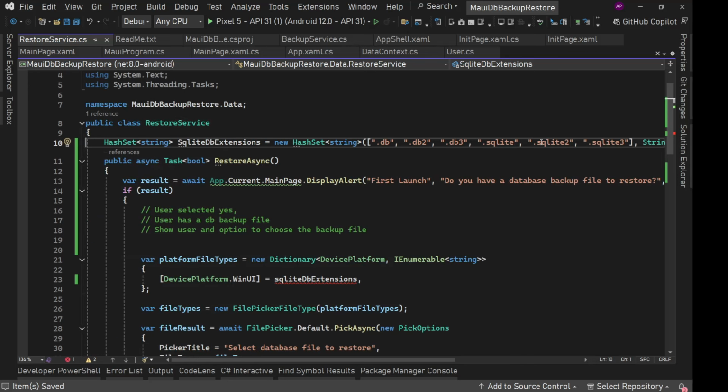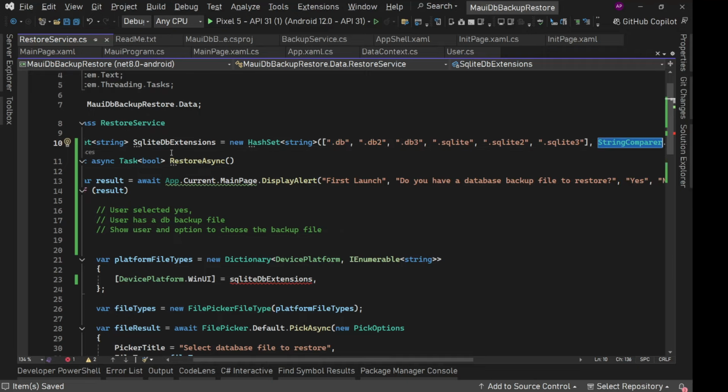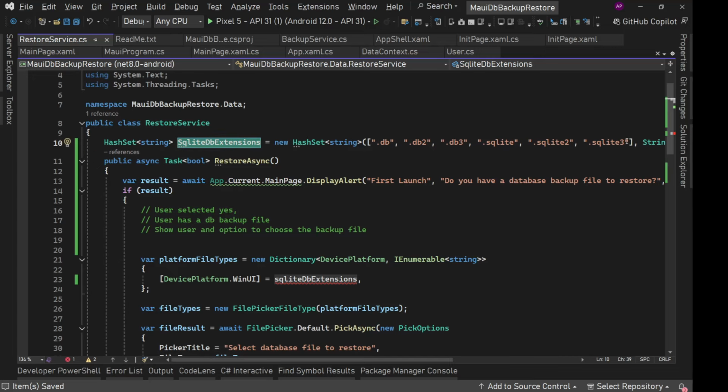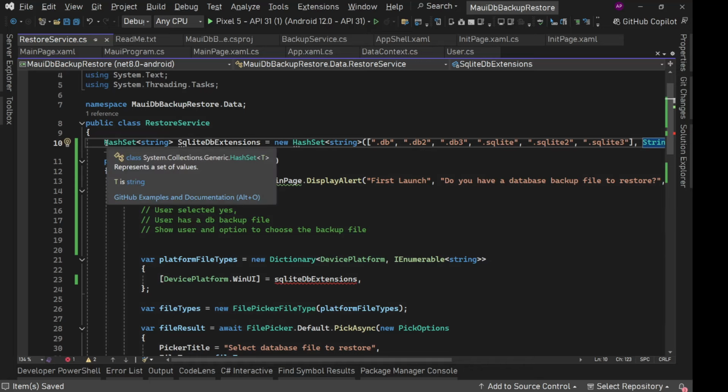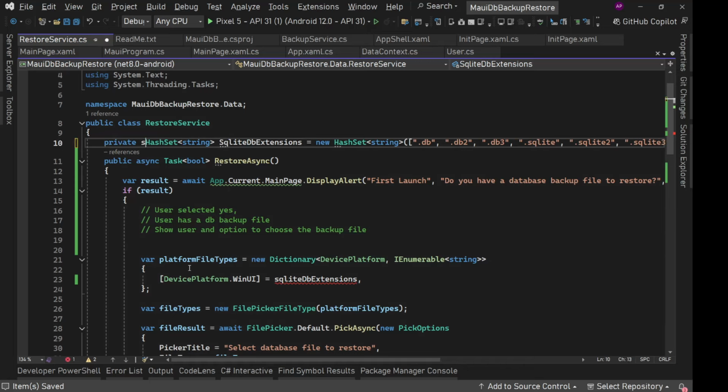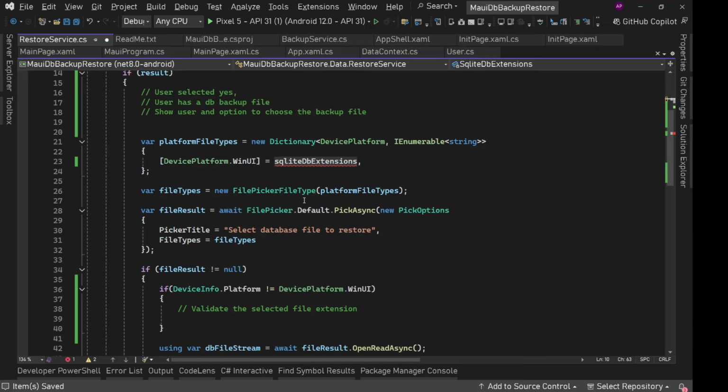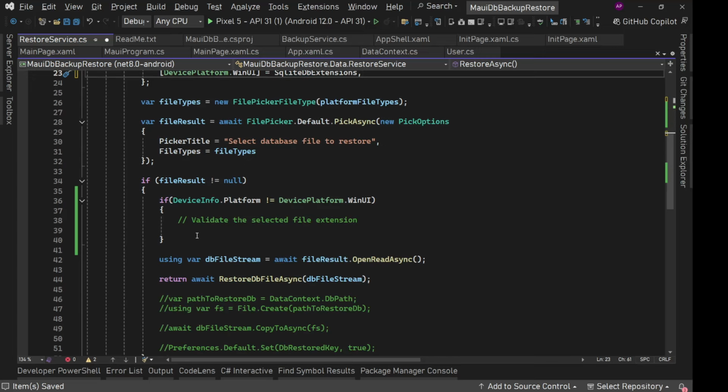We're using this so that if the selected file extension is in uppercase or some other casing, in that case also we can use it. That's why we're not going to use contains, right? So yeah, maybe there is no need, but let's have this. So here we'll say private static read only this SQLite DB extensions. Now we can directly use these like this. We are good. Now inside this, here we have file result